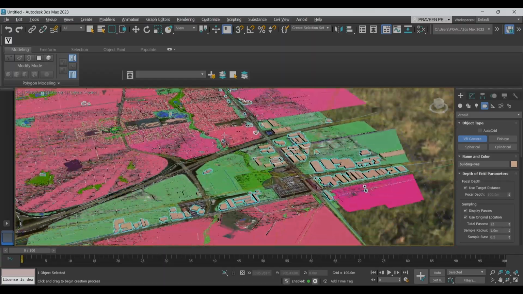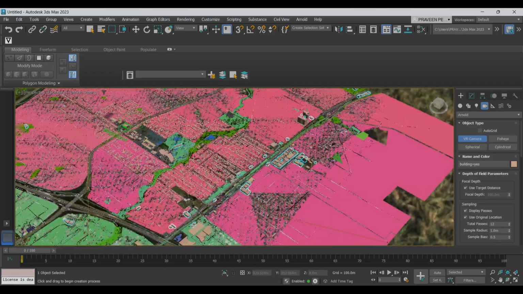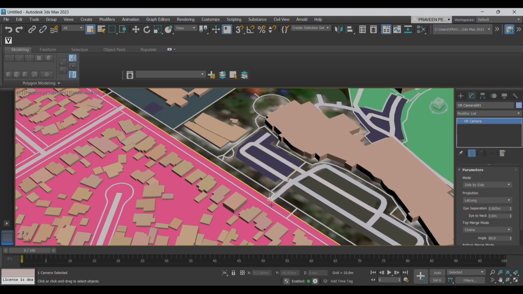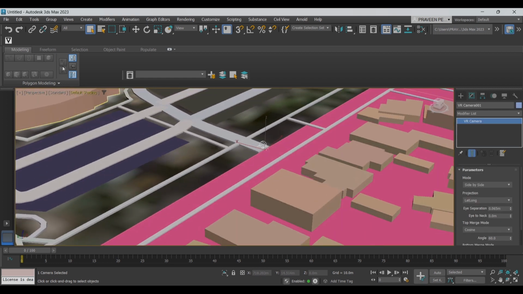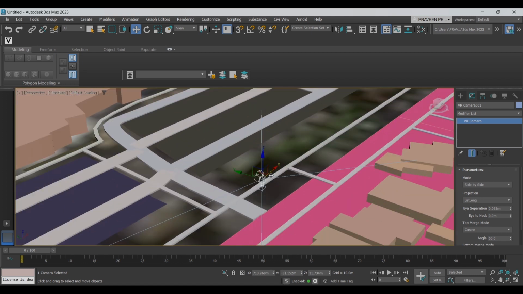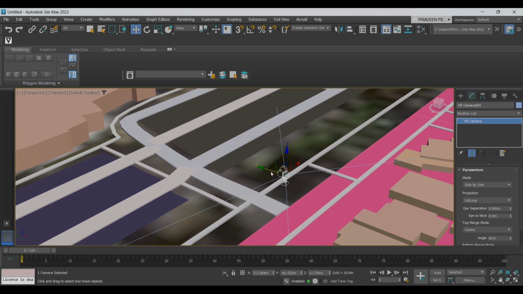So let's place it somewhere here. Now we can see the camera is currently looking down, so we have to make the camera look horizontally. Any direction is fine since it's 360 degree, but we have to make sure it's in a horizontal direction and elevate it a few meters from the ground. So let's just rotate the camera,